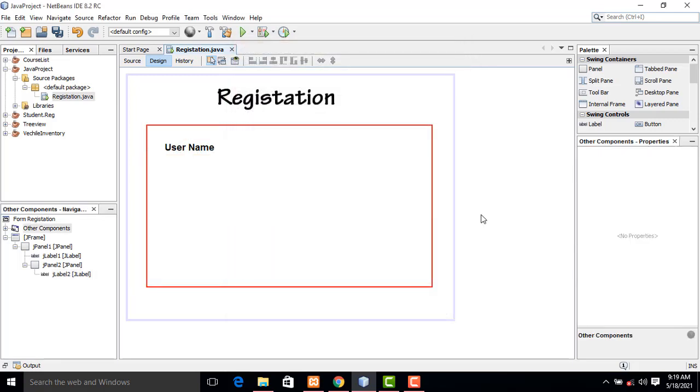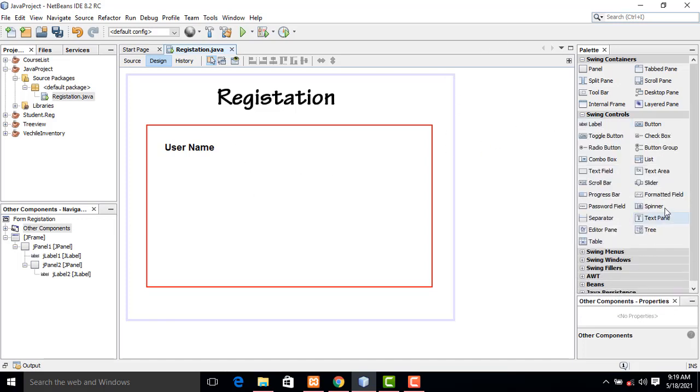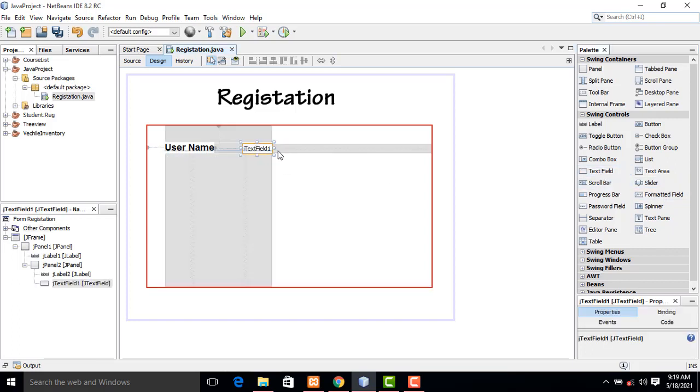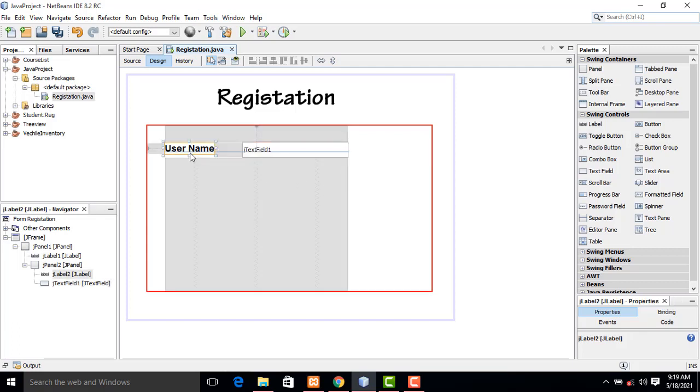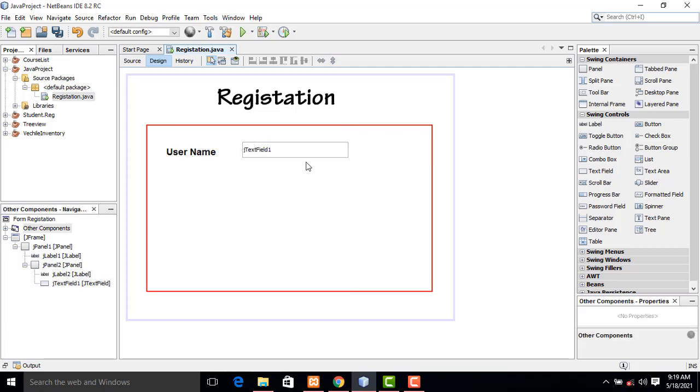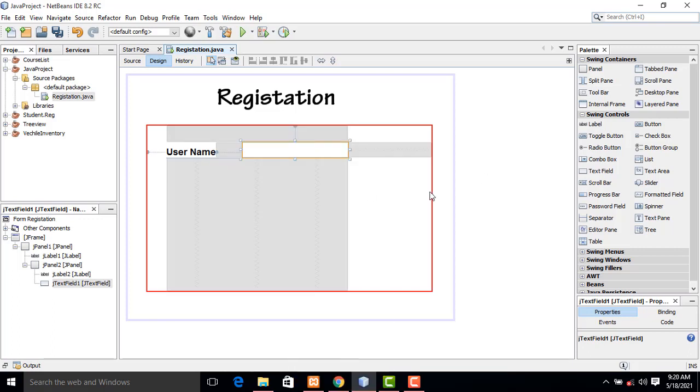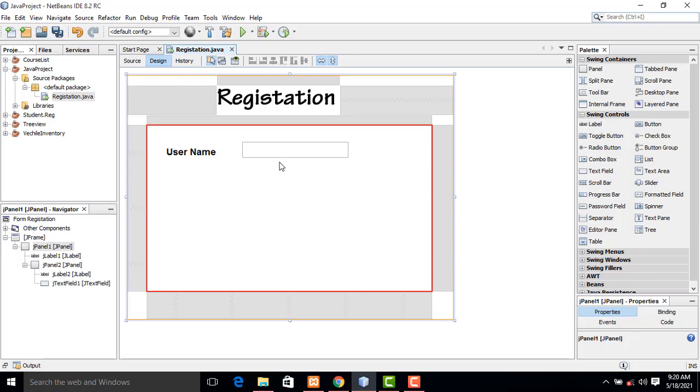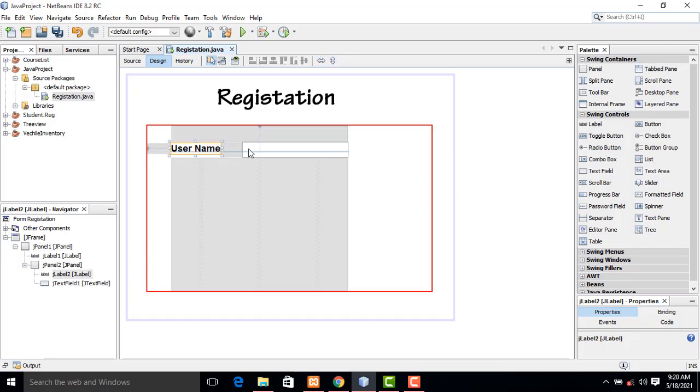Let's keep it as the default, and 80 is perfect. Right, perfect. Now after that, I drag the text field. This one is a small text field. You have to drag and adjust it simply. Then on the text field, right click, edit text, backspace to remove the existing text. Here we have to design. Observe this one.